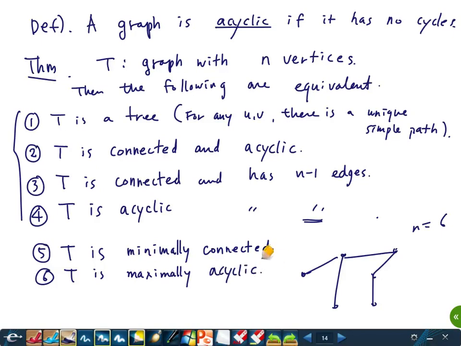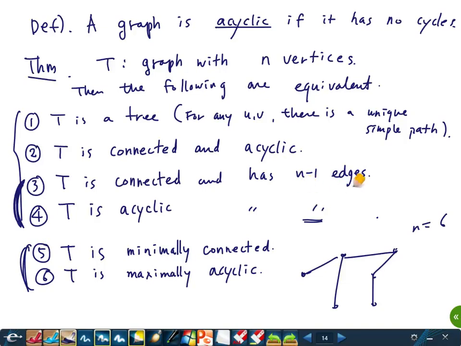Minimally connected means it is connected, but if you delete one edge, you will always get a disconnected graph. So it's minimally connected. You cannot reduce the number of edges so that it's still connected. Maximally acyclic means it is acyclic right now, but if you add one more edge, then it is not going to be acyclic anymore. But these two are more or less the same as this, because if there are n minus 1 edges,